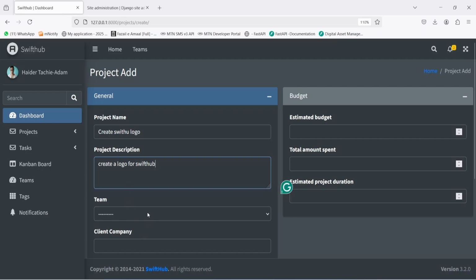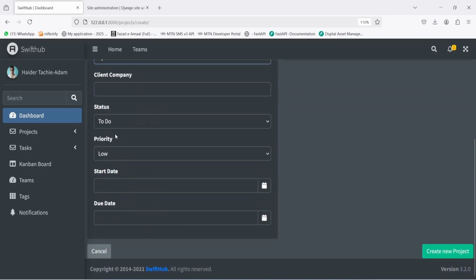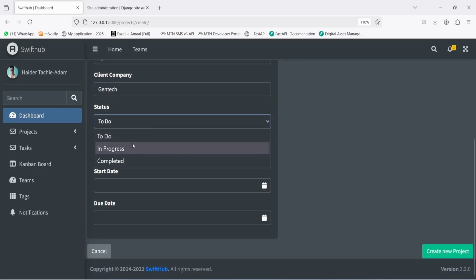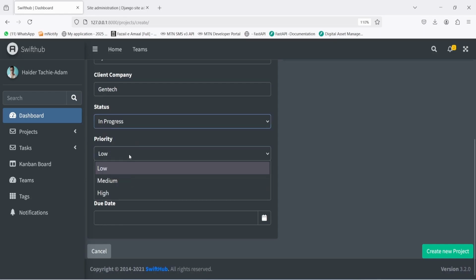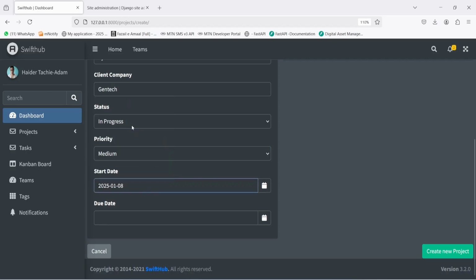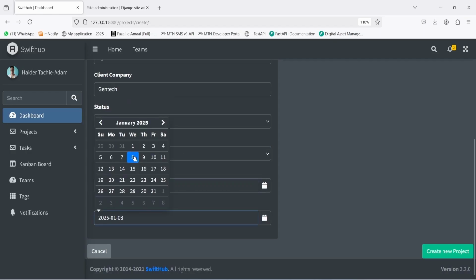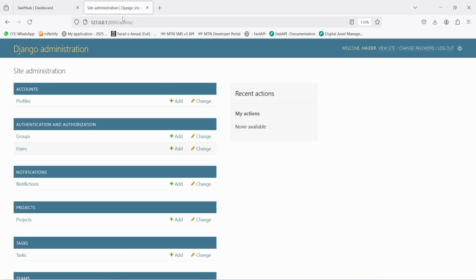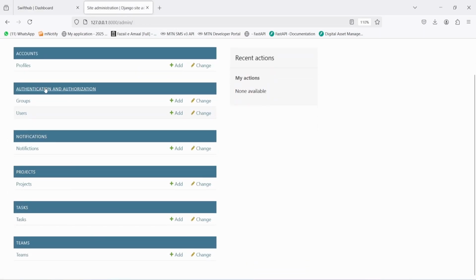And then the theme is gonna be Python theme. We're gonna select that, and then the company is gonna be, let's say, Gentech. And the status is gonna be in progress, priority is gonna be medium, and the start date is gonna be today, and it's gonna end the same date. I'm just gonna leave the budget details, but before we do that, I'm just gonna go here and come into